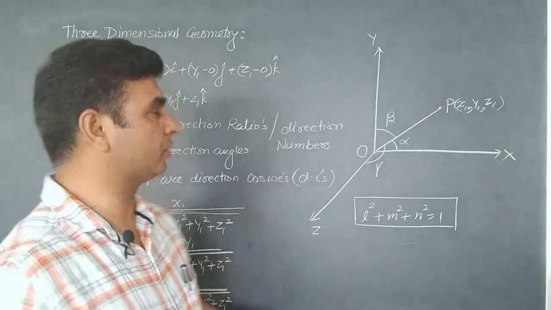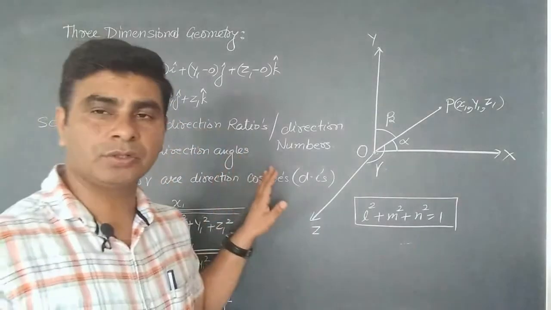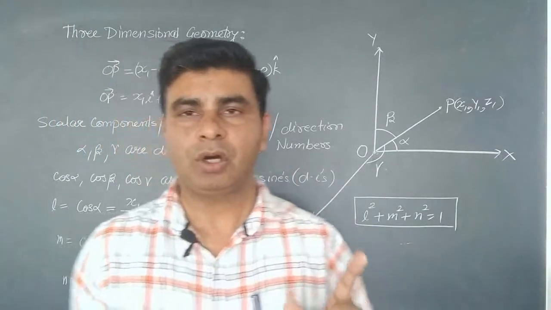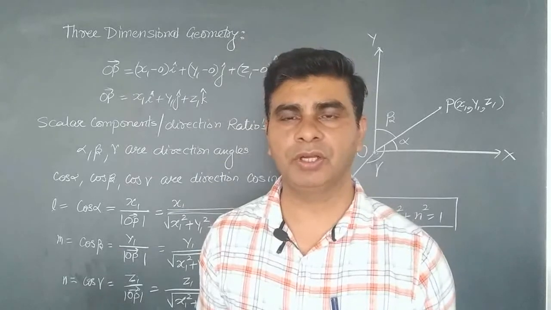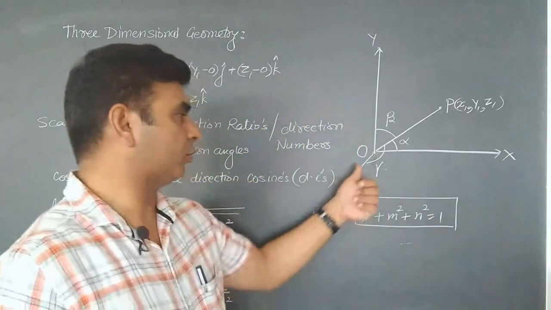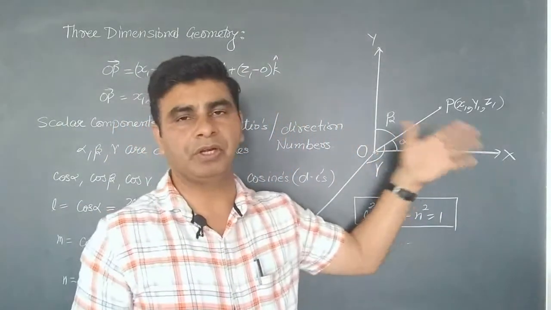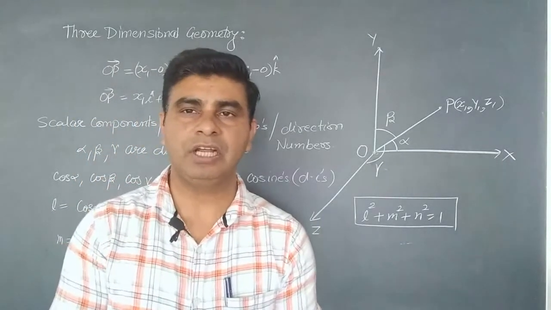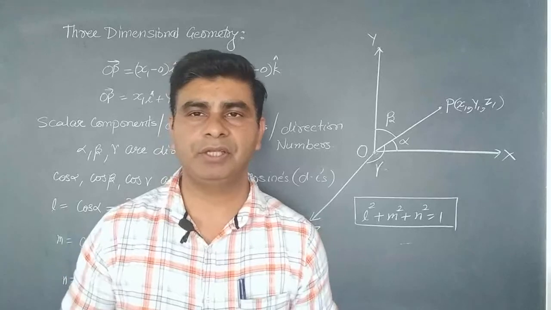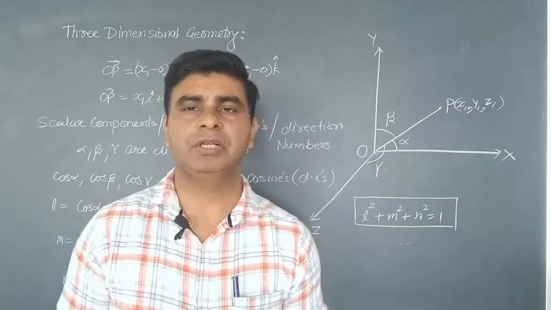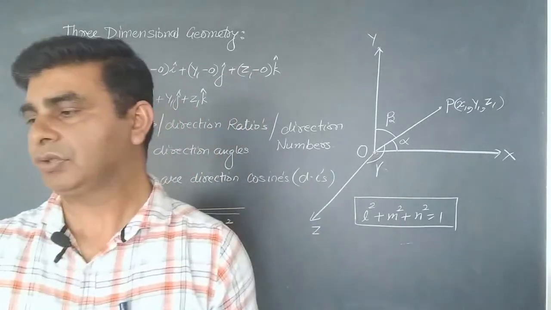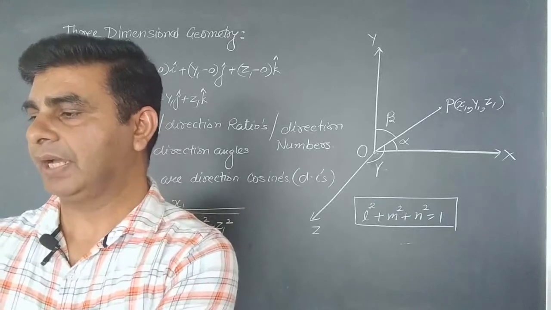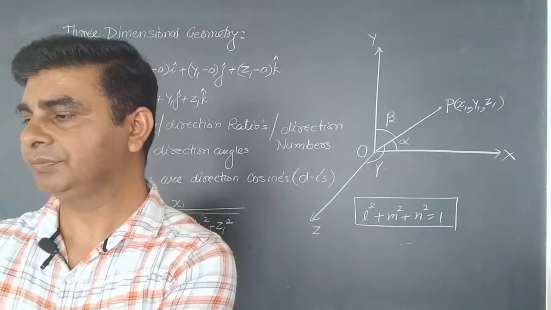Now my dear students, this was all about the direction ratios and the direction cosines of a vector passing through 2 points, whose initial point will be given to you and whose terminal point will be given to you. Now let me start exercise 11.1, which is completely based on direction ratios and direction cosines of a vector. So the first question of your NCERT book is given to you.